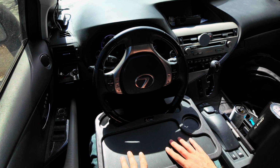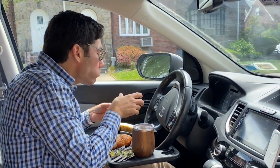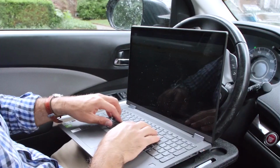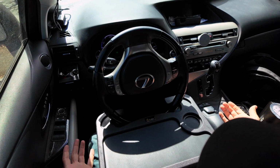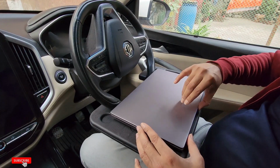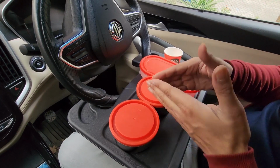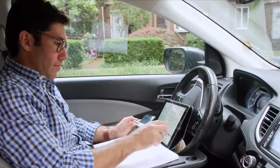Featuring separate compartments for food and work essentials, including a cup holder and pen holder, it offers versatility for various tasks. Despite its sturdy construction, the tray is lightweight and easy to install, making it ideal for busy lifestyles. With its ability to support up to 2 kilograms of weight, it's perfect for quick meals or remote work sessions